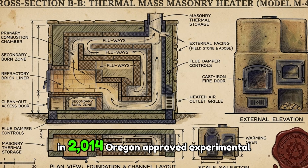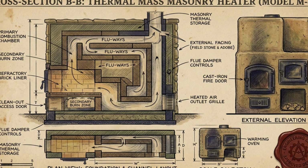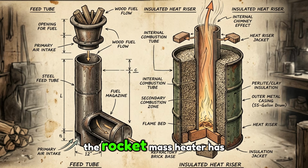In 2014, Oregon approved experimental permits for rocket mass heaters. Vermont added a masonry heater exemption in 2015. Let me show you exactly how these three systems work together. The rocket mass heater